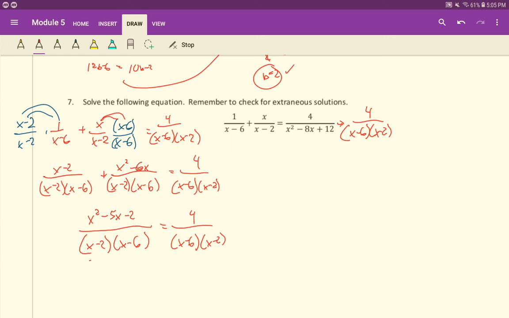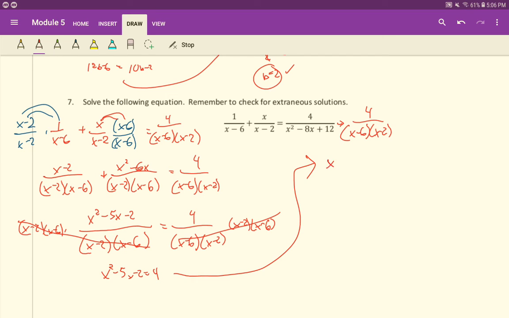Okay? They both have the same denominator now, so we can go ahead and multiply both sides by the x minus 2 and x minus 6, to kind of cancel out those denominators, and we get x squared minus 5x minus 2 equals 4. Oh man, they left us with a quadratic. How do we do this? Well,